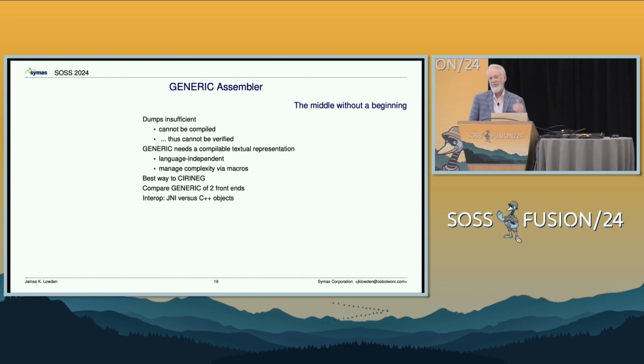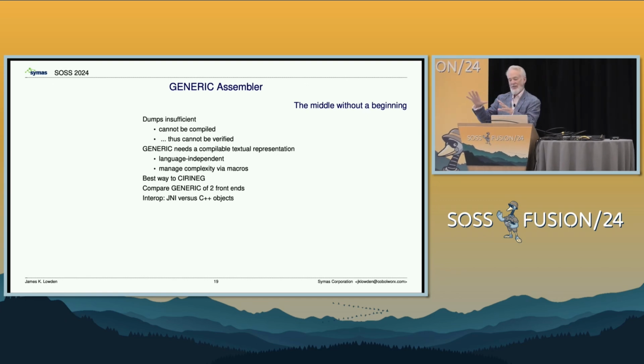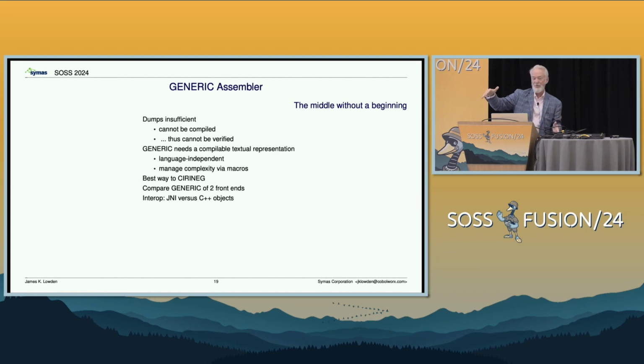I think the problem with simply using dumps is this: you create this tree inside your compiler, and you say, splat that all out in HTML or JSON form, and let me look and see what they did, so I can go off and do it this way. I think it's really important that that dump be itself a compilable thing, so you can test it, so you can prove it's really what it is. Is it in fact true that this dump represents what came out of the front end? Maybe. But if you could compile it and it produced the same object code, you would know for sure it was doing the right thing. So I think that's necessary.